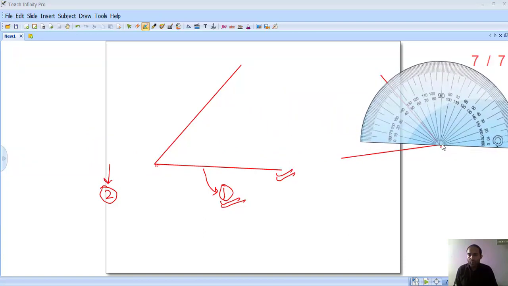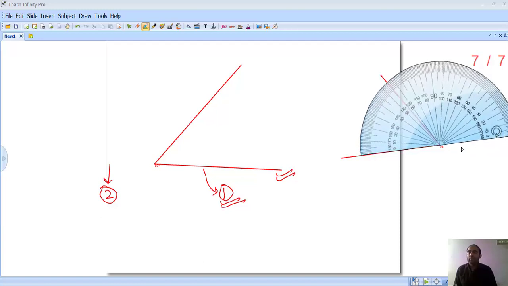Midpoint of the protector should be at the joining point. Second step, one zero line should be overlapping with the angle. Now one zero line is overlapping with the angle. Third step, you need to decide which zero you are going to use, this 0 1 or this 0 2. Tell me. This time the overlapping line is at the left hand side, so we are going to use the left hand side 0. Now you understood.